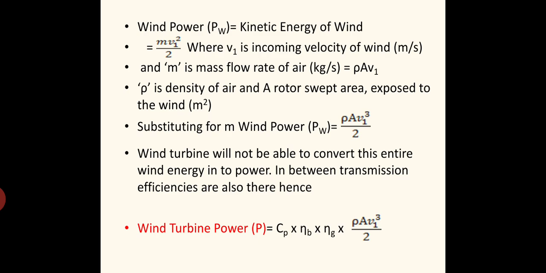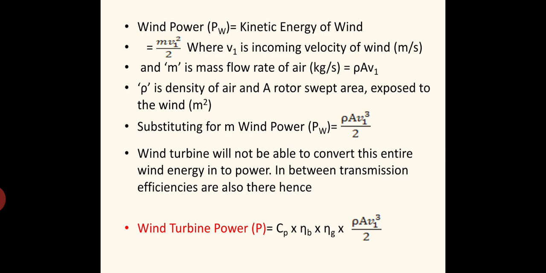So this power is actually given to the rotor, but complete conversion is not possible, since it is a rotating part, and once the rotor is rotating, the mechanical energy is created at the shaft of the hub. That shaft is in turn connected to the gear mechanisms, and also we will have some other mechanisms. The generator is also there. So all the efficiencies, transmission efficiency, everything is to be calculated. So the complete wind power will not be available as the power output of the wind turbine. So there will be a reduction in the power output from the wind turbine. So the wind power, or the power of the wind, will be much higher compared to the power output from the wind turbine.